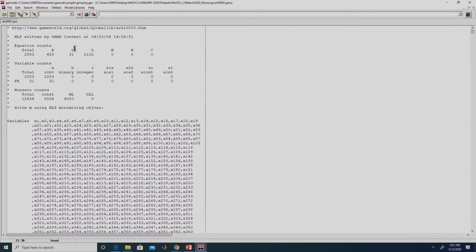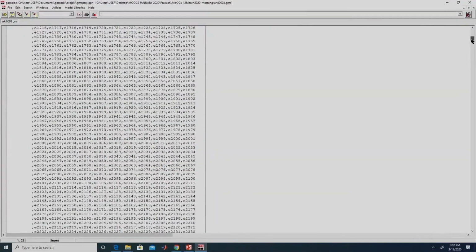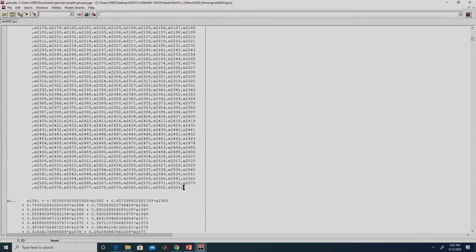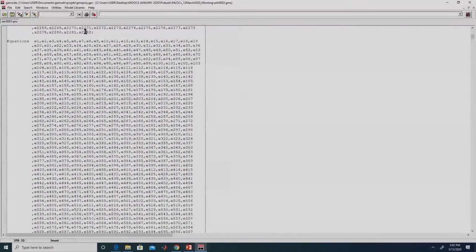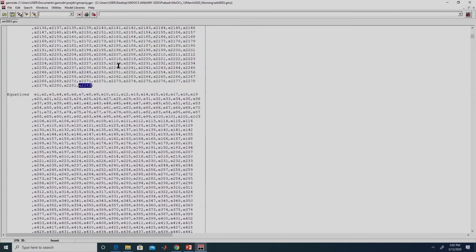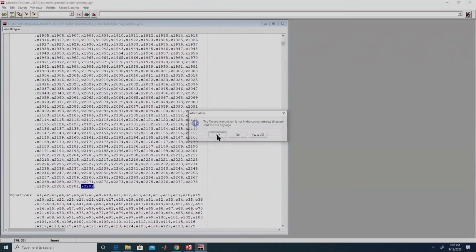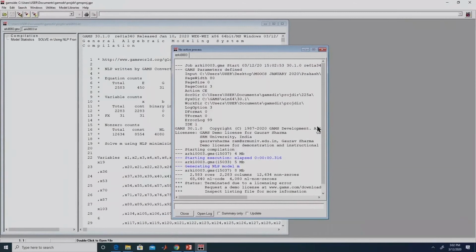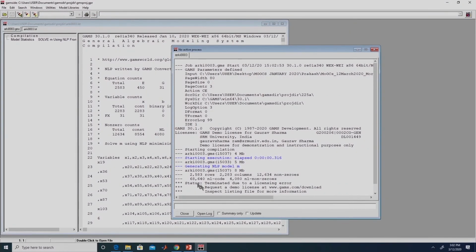The problem that we have is downloaded from gamsworld.org. This gamsworld.org has a collection of test problems, right. As you can see, this particular problem has a large number of variables. It has 2583 constraints and 2282 variables. If we run this file over here, since we have only a demo license, it gives the message status terminated due to a licensing error.